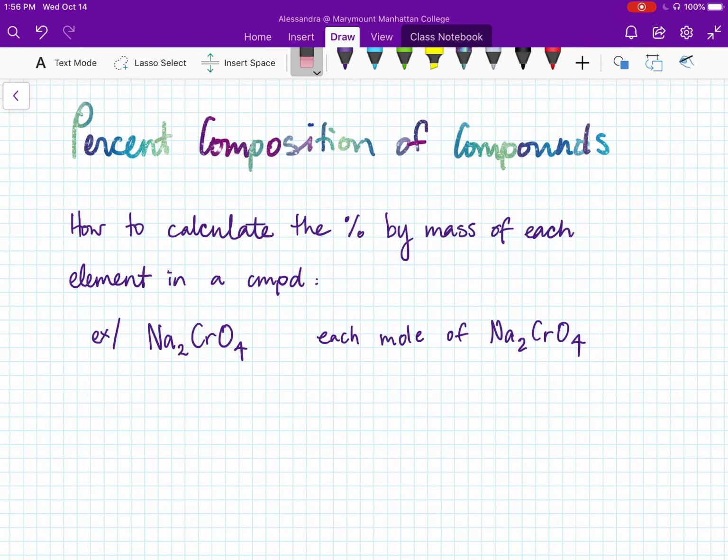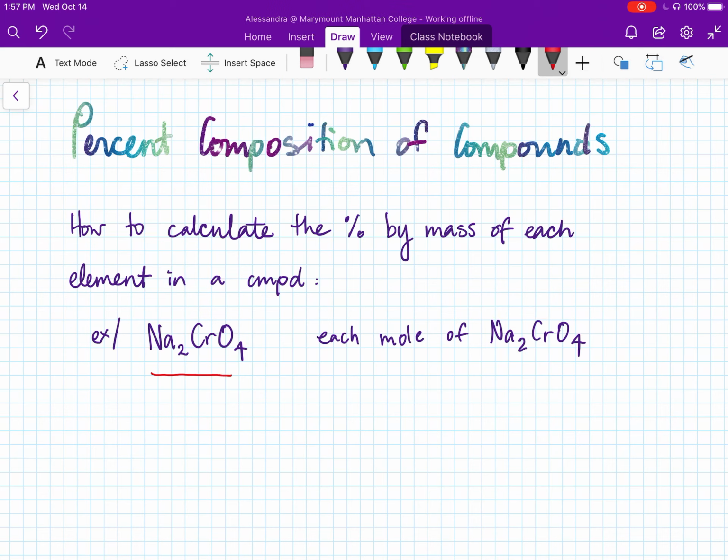So we can use the chemical formulas of compounds to calculate their percent composition. In this lecture, we're going to learn how to calculate the percent by mass of each element in a compound. And we can do this just by looking at the formula of a compound. As an example, let's take sodium chromate,